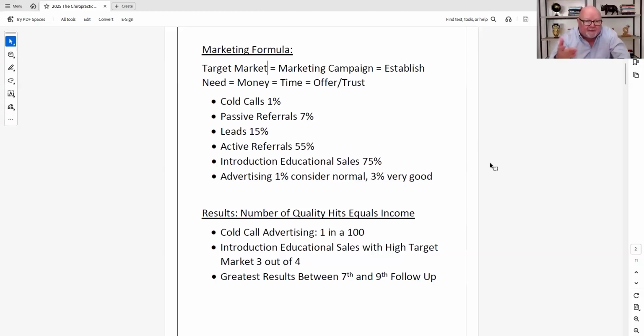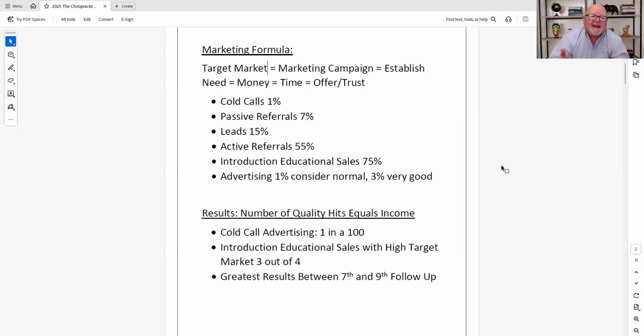So you've got to be familiar with this. This is where you're going to get most of your business. Do you want to spend all your time and money with cold calls where it's only 1% effective? I want to stay the hell away from that. You've got to know the difference. Passive referrals, the faster you understand that when you give a good service, product, and price, the vast majority of the people are not going to go out and tell somebody to come in, and that you're not dependent on passive referrals, the quicker you'll get to be more proactive. You cannot depend on passive referrals at 7%.